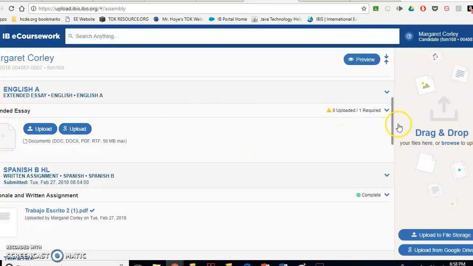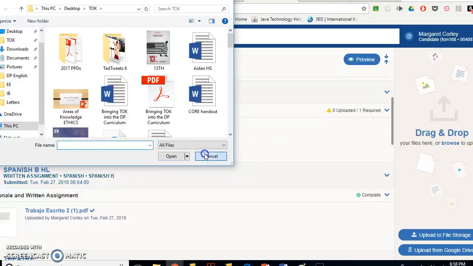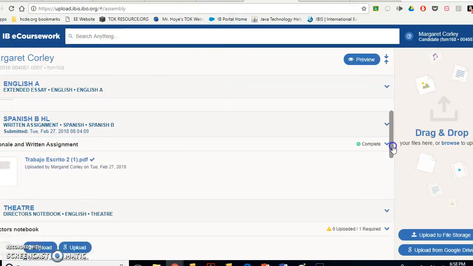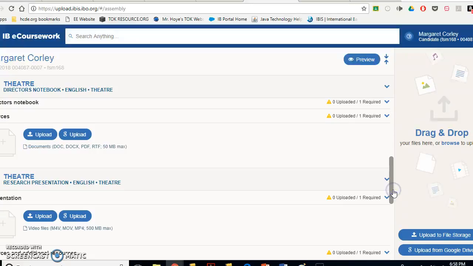So, just be sure that you're putting the right things in the right places, and then you will go through several checkpoints where it asks you to identify that this is your work, verify this is your work, submit. That's the way it's going to go. So you need to check everything, dot all your I's, cross all your T's, make sure everything's just how you want it, because this is what IB is going to grade. And these are for big points, so make sure that you've gotten everything just how you want it, and get these uploaded in the